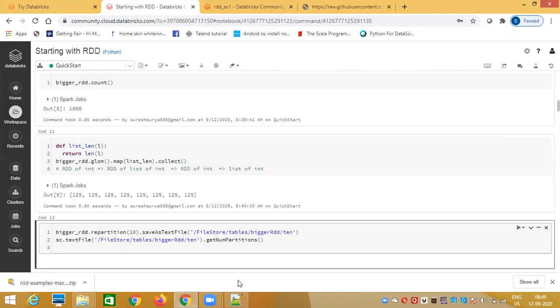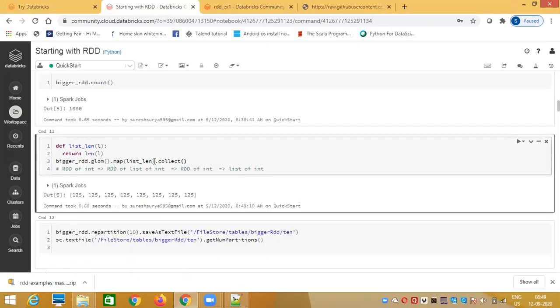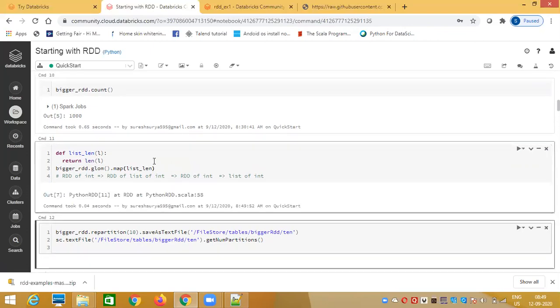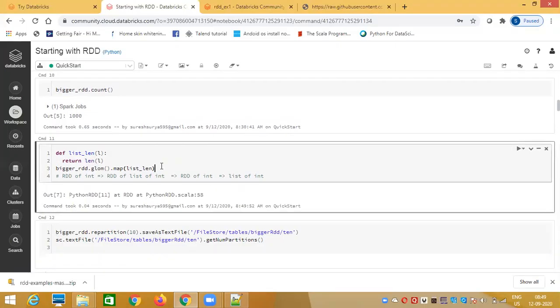Okay, anybody having any queries? So Abhishek, if we don't put that collect, what will be the output? Can you please show that? If I'm not using the collect function at the end, then nothing will happen. It will only return an RDD of integers. It's just an RDD. Okay, got it. Thank you. By the way, my name is not Abhishek, I'm Siddharth. Sorry, Siddharth. No worries. Please go ahead.